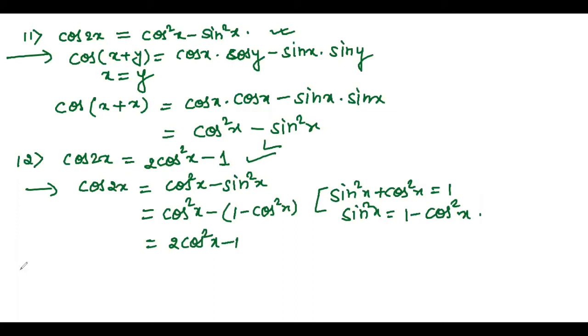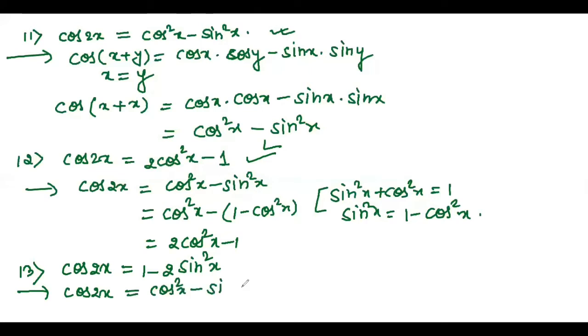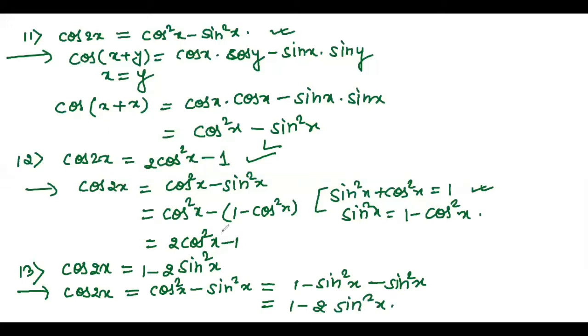Now next, the third identity also in cos 2x, that is cos 2x equals, in terms of sine, 1 minus 2 sin square x. Now I'm going to derive it. Cos 2x, we know, is cos square x minus sin square x. Now in terms of sine, we have to find the right hand side part. So cos square x we can write, by using this identity only, as 1 minus sin square x, and here we have minus sin square x. So finally we'll have here 1 minus 2 sin square x. So these three are there. One more is there in cos 2x.